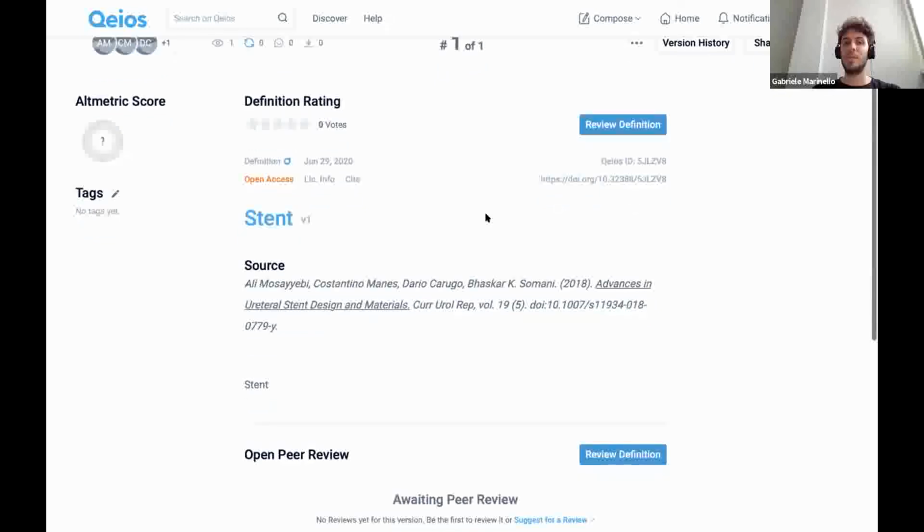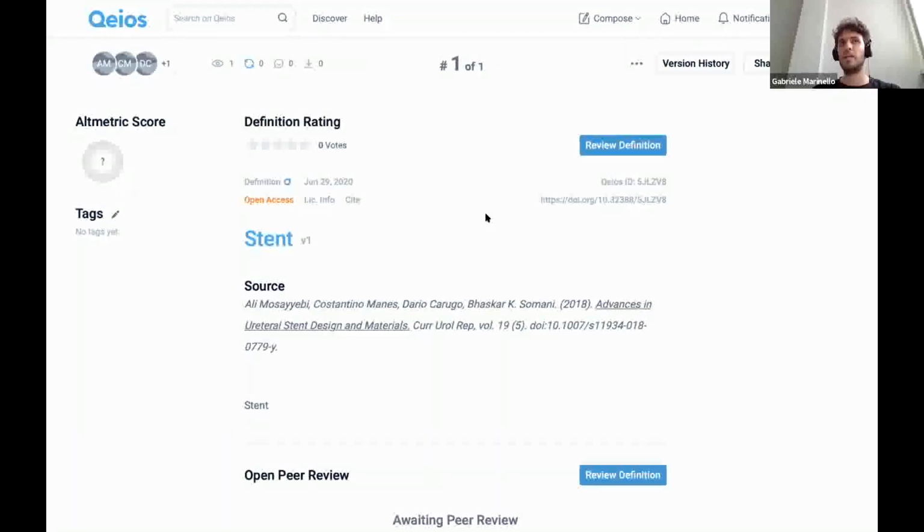So if it's under a Creative Commons license, you can publish it straight away, immediately. You can share it immediately. If it's not, you just need to use this definition as I showed you before. You just confirm that definition, and you cannot press on publish, but you are required to use that confirmed definition in a new paper, okay?